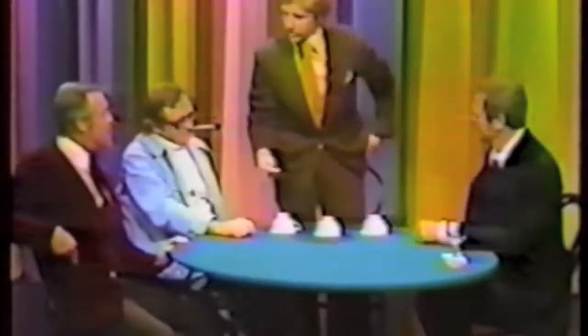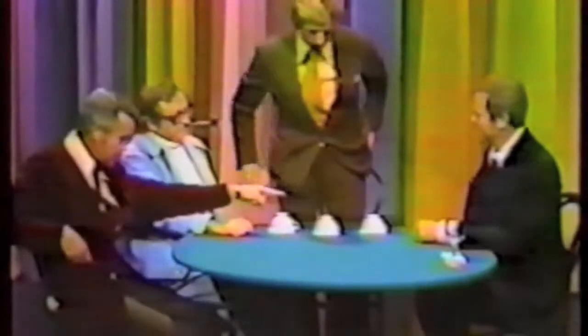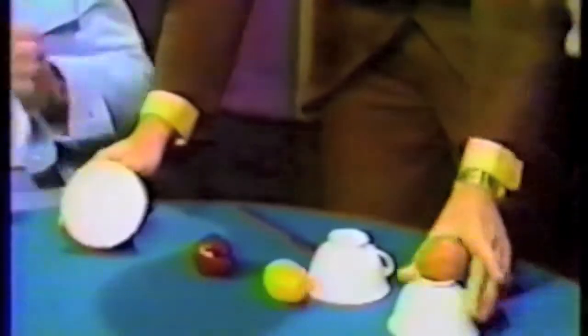Now, how many would you say are under the center cup? 2. Got to get it sooner or later, actually, than 3. Close. So the only explanation is perhaps I had some extra ones. If I did, Jack, which cup would they be under? The far cup. The far cup? Well, you're right in the way. I've got to say this here. I have 11 and a half